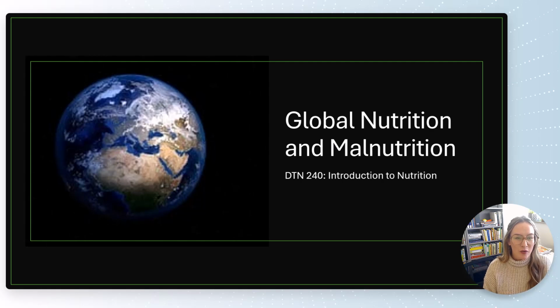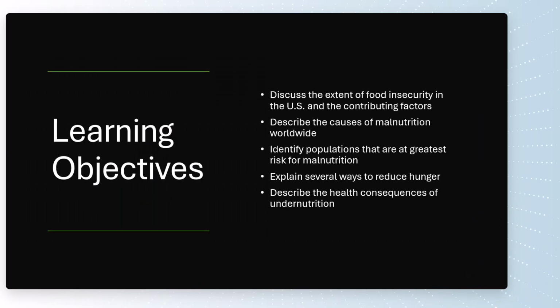In today's video, we are going to be taking a look at global nutrition and malnutrition. Our learning objectives for today include discussing the extent of food insecurity in the U.S. and contributing factors, and also exploring causes of malnutrition worldwide. We're going to identify populations that are at the greatest risk for malnutrition and also explain several ways to reduce hunger. We'll also describe some of the health consequences of undernutrition specifically, and we'll touch on overnutrition a little bit